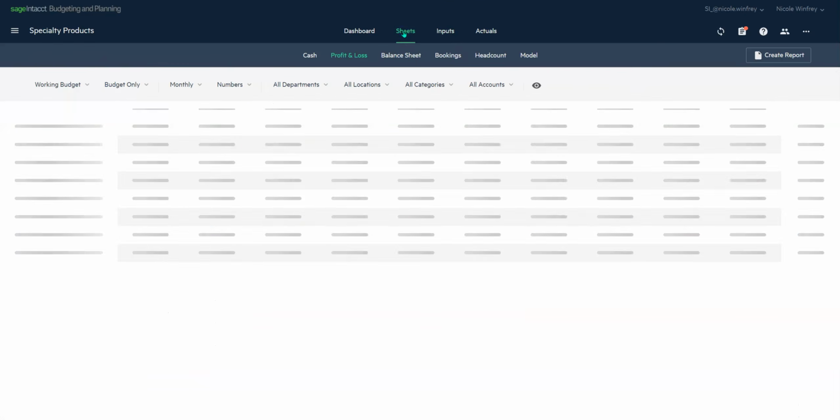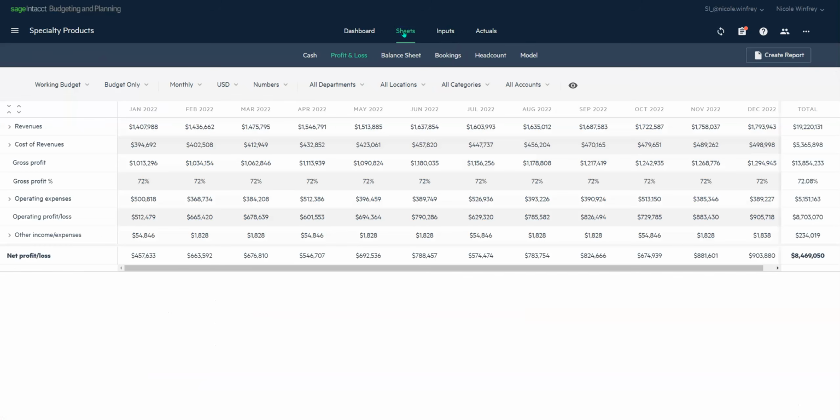Now, right off the bat, first thing, we can go right over to Sheets and take a look at all our pre-built reports that are already populated based upon that data that we selected within the wizard. So you can see immediately we have access to our working budget. That's our base budget. We also have access to our different dimensions that we loaded through the wizard: department, location,